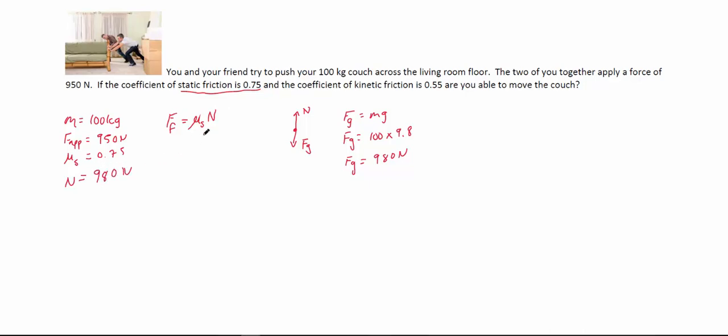Now we can put that into our formula for friction, and we can find the force of friction. So our coefficient of static friction is 0.75 times the normal force, 980 newtons, and if we put that into the calculator,